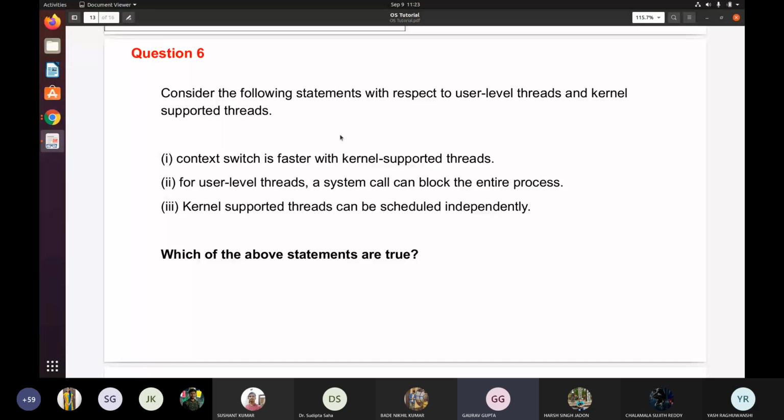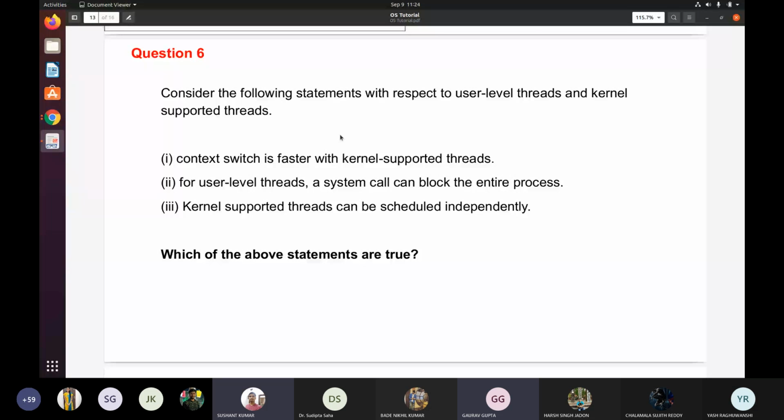When two threads are running, only the stack part is different; the code, data and heap parts remain the same. So in user level threads, they need not get system permissions for context switching. So it becomes cheaper compared to kernel supported threads, because there you have to tell the CPU that now in this process we are running thread 2, because the CPU is maintaining the kernel supported threads.